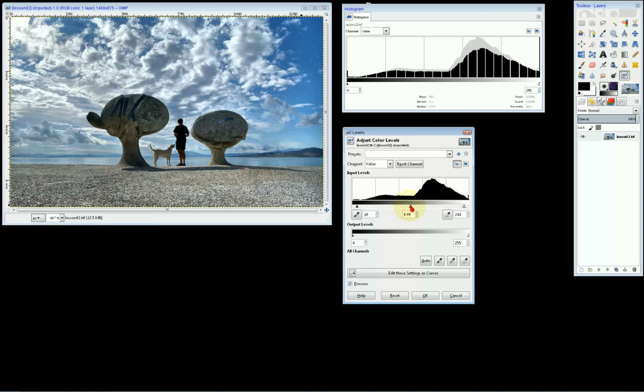It is important to understand this function of the gray point. Dragging to the left means that all values increase, so my image gets lighter. Dragging to the right means that all values decrease, so my image gets darker. On both these movements of the gray point, both values at the end remain untouched.